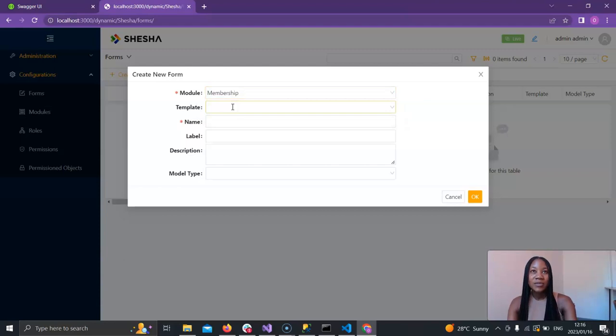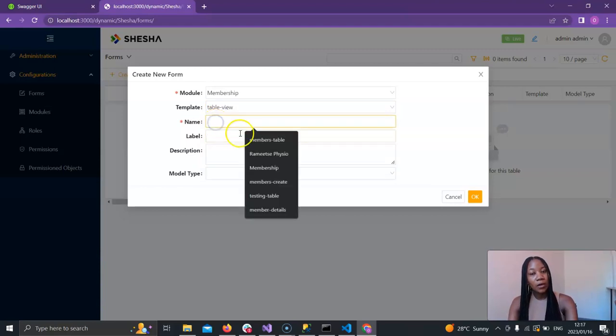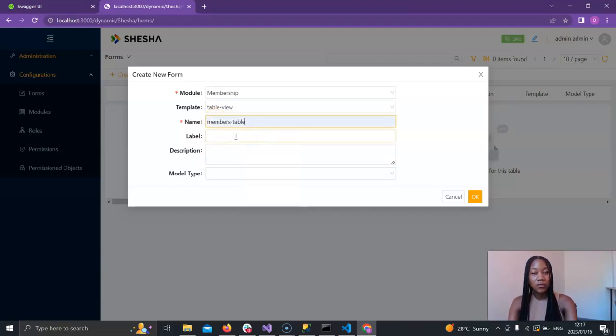created. And because I want to see a list of all my members, I think I'm going to go with a table view just so we can have it all laid out nicely and looking pretty, be easy to navigate, filter out what we want and whatnot. So we're just going to go ahead and select a template of table view, give it a name of members table, be super descriptive, and a label of members table just to continue with that same naming convention, and a description of this table